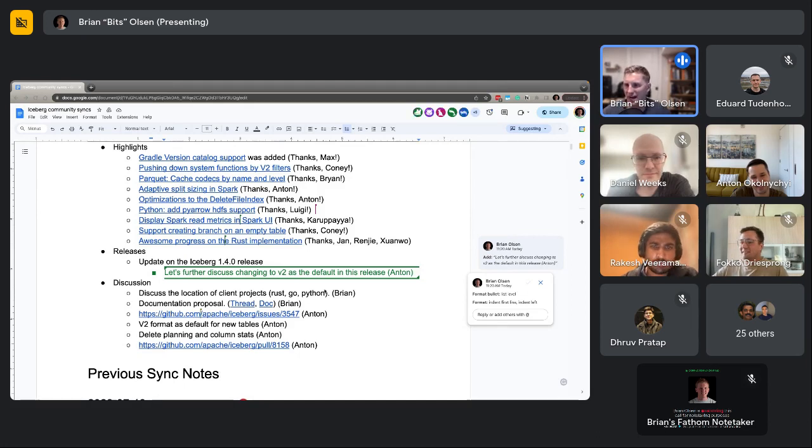I think most people don't have much of an opinion, from what it sounds like, also on the thread. But Bryan, your main question, I think, revolves around Go, Python, and Java all being in the same repo right now, right? Yes. And so the question really just comes down to: does it make sense, and is there good motivation for keeping Rust separate, or should we fold it in early so that we have that